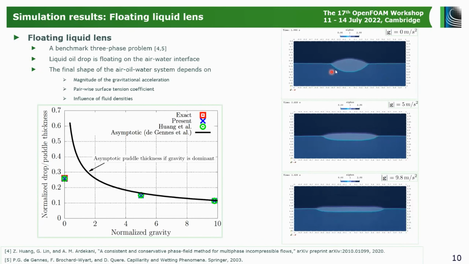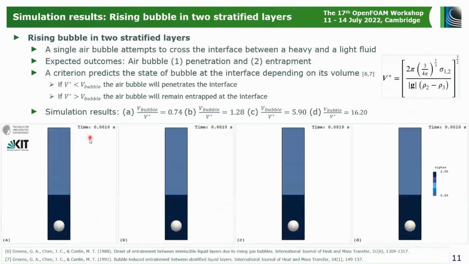So what we measure is basically the thickness of the puddle at the middle, and there is an exact solution for the gravitational acceleration of 0, which matches very well. For other gravities there's an asymptotic solution, and our results compare very well with both the exact and asymptotic solutions. So we moved on. We saw some bubble rise